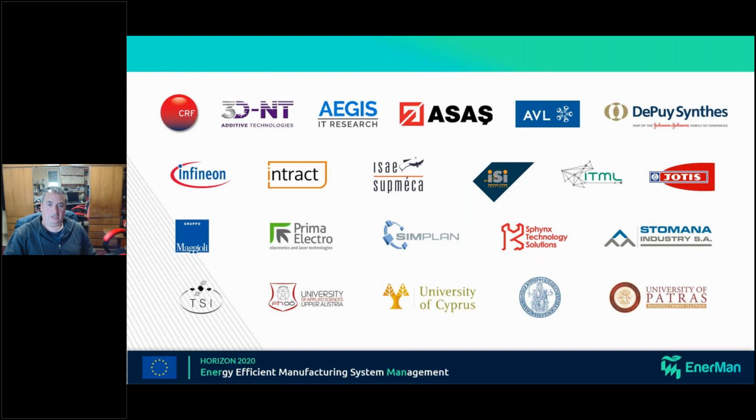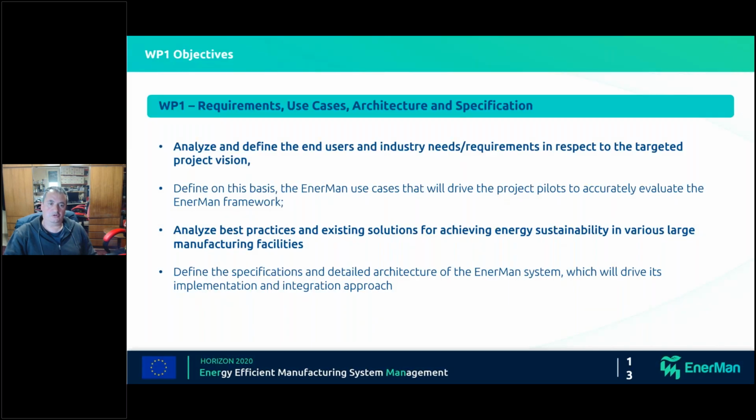Also here we have a closer look within the consortium. If you go into more detail of what is happening within ENERMAN, work package 1, as I said before, was related to the requirements and the architecture specification in order to fulfill the use case requirements. Of course, we also took into consideration